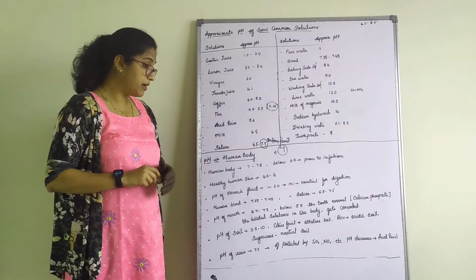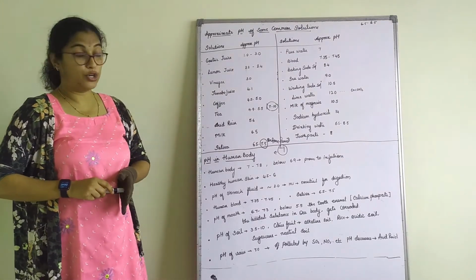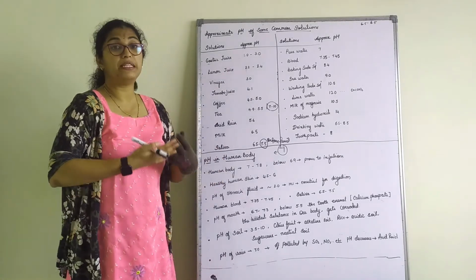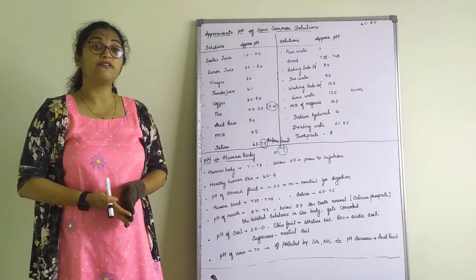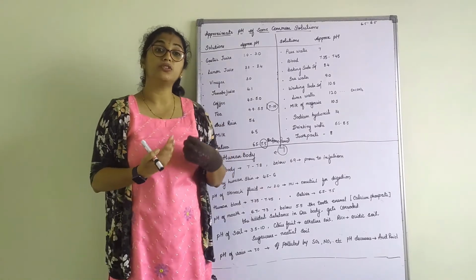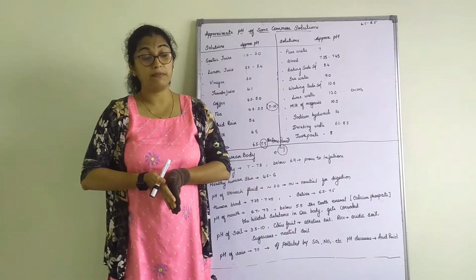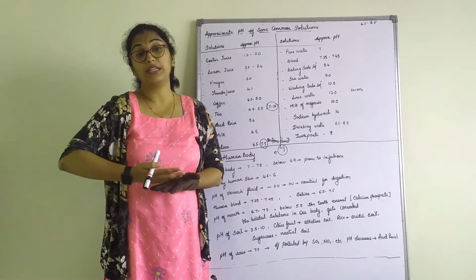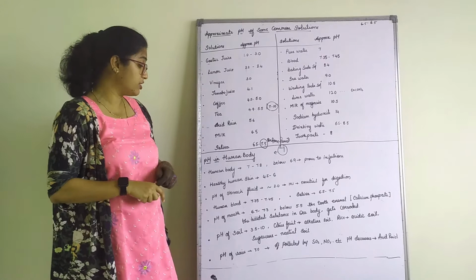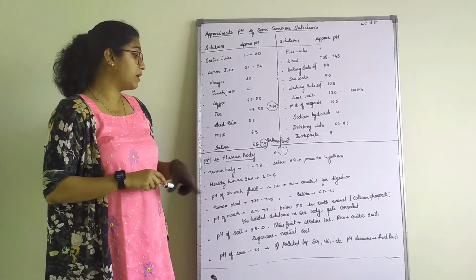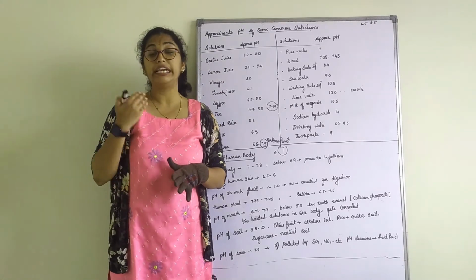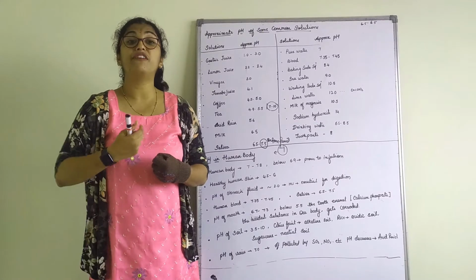Yes, we'll go to the next part now. pH in the human body. Plants and animals are very sensitive to pH. That means we are pH sensitive. Why are we pH sensitive? Because a slight increase or decrease in the pH in our body will be actually problematic. It might even be life-threatening, right? Let us check. Human body pH is about 7 to 7.8. That is the constant pH of our body where all our body parts can function well.